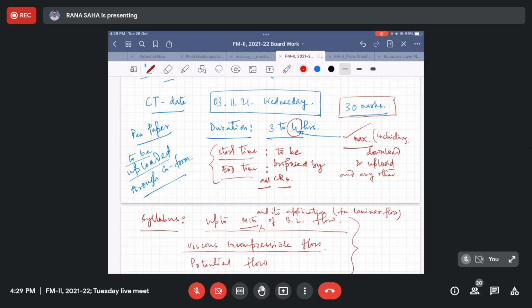ঠিক আছে, ওকে স্যার। আগামীকাল ক্লাস হবে না? হ্যাঁ, আগামীকাল তো হবে। আমি আগামীকাল বাউন্ডারি লেয়ার ফ্লো যতটুকু বাকি আছে সেটা আমরা ডিসকাস করবো। তাহলে পুরোটা শেষ হয়ে যাবে। আর নেক্সট মঙ্গলবার ক্লাস হবে, যদি তোমরা পোটেনশিয়াল ফ্লো প্রবলেম নিয়ে ডিসকাশন চাও, নেক্সট মঙ্গলবার করা যেতে পারে, কিন্তু সেটা আমাকে 2-3 দিন আগে জানিয়ে দিতে হবে। আদারওয়াইজ কম্প্রেসিবল ফ্লো আমরা শুরু করব।